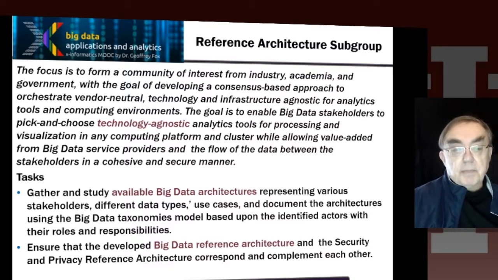And so we need to study what people have done now, what they call big data, and notice that they actually are solving different problems, and not all architectures are good for all problems. And then that's where the taxonomy comes in, because it allows us to classify things and divide everything up by actors and roles, and then build an architecture, which we call the reference architecture, which is generic, which can have the security and privacy architecture, which we'll discuss later on, laid on top of it in a consistent fashion.